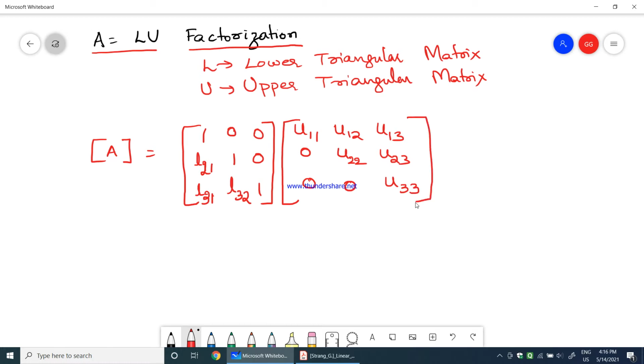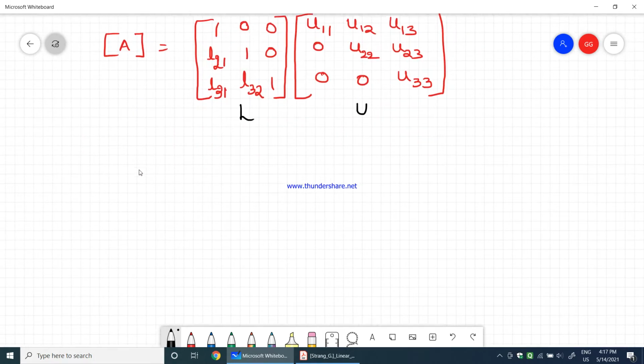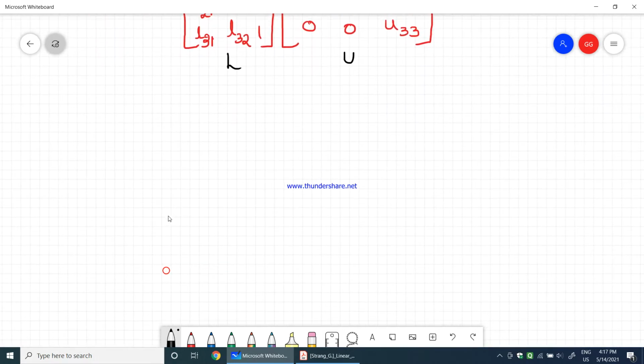Fine. So there are two ways to obtain this L and U factorization. There are two ways to find the lower and upper triangular matrix for any given matrix in LU factorization. I will teach you the two methods that we use in matrix operations when we go with a matrix A to be factorized into L and U. For that we will take an example here.